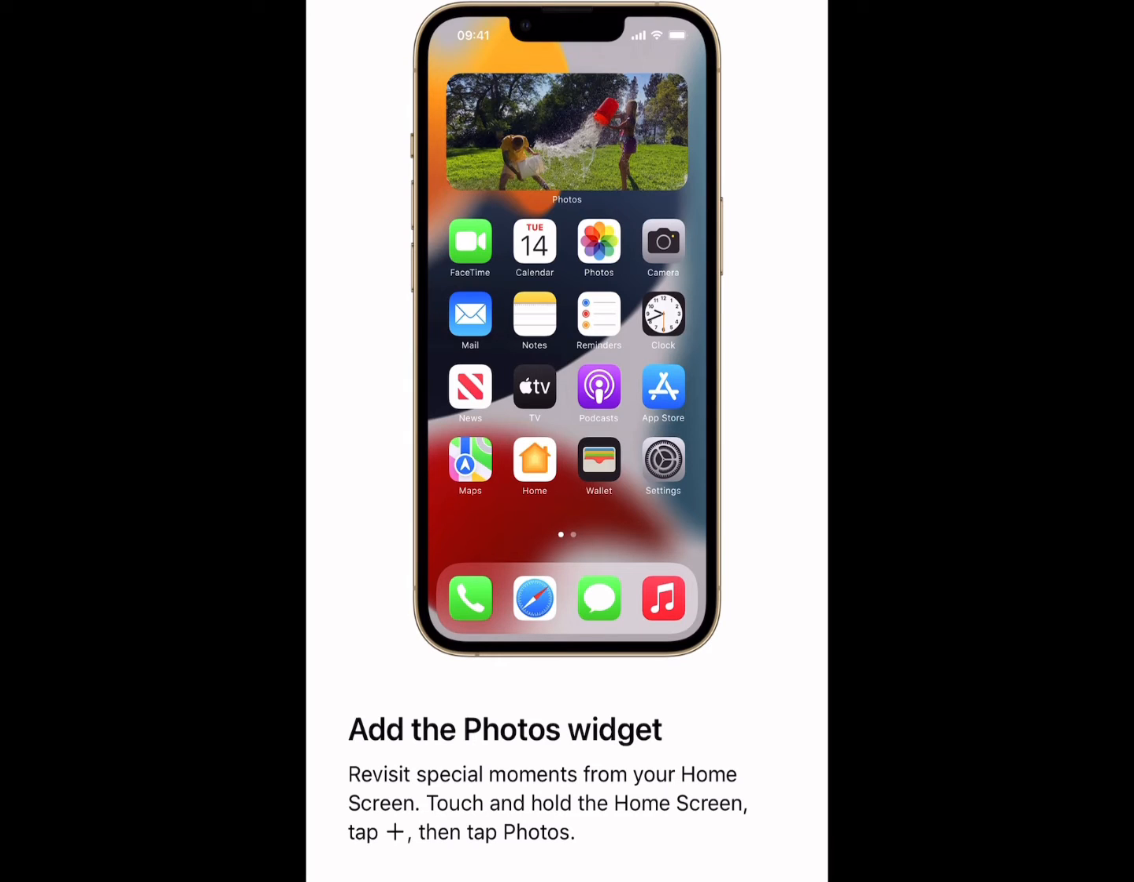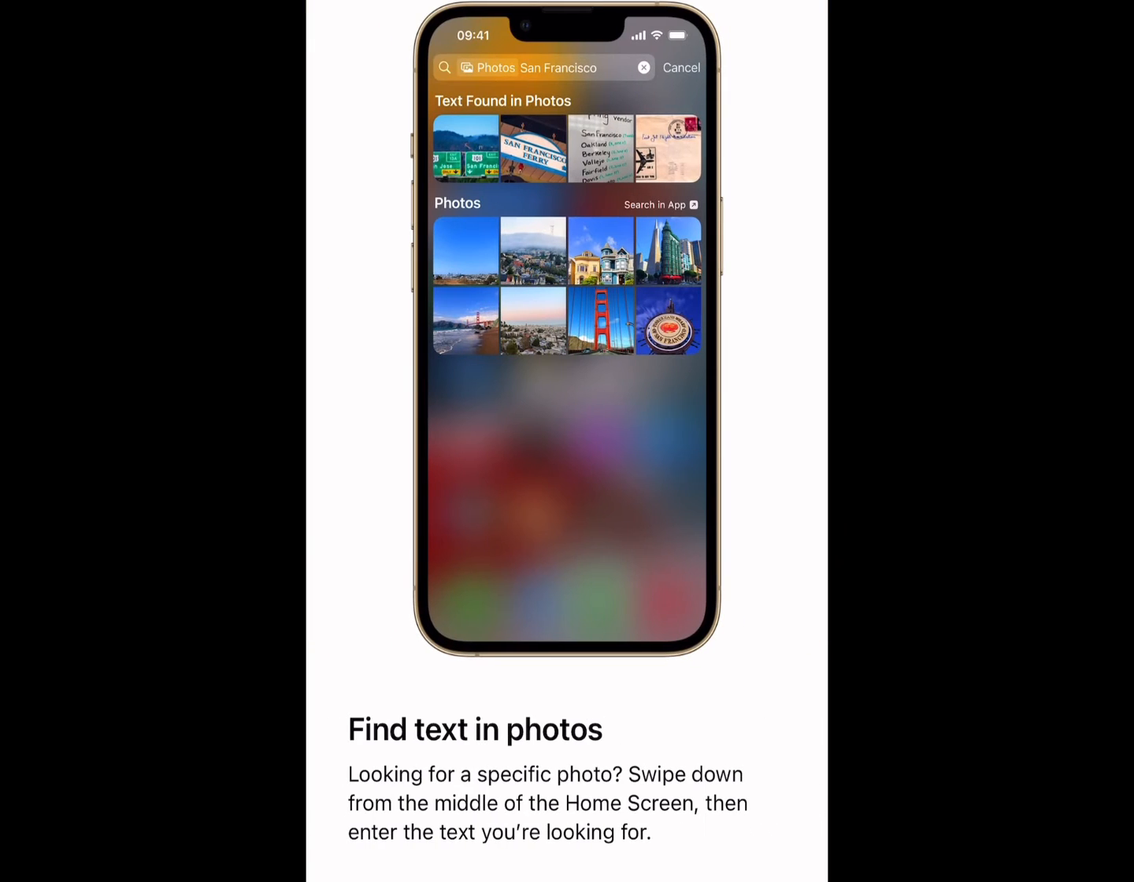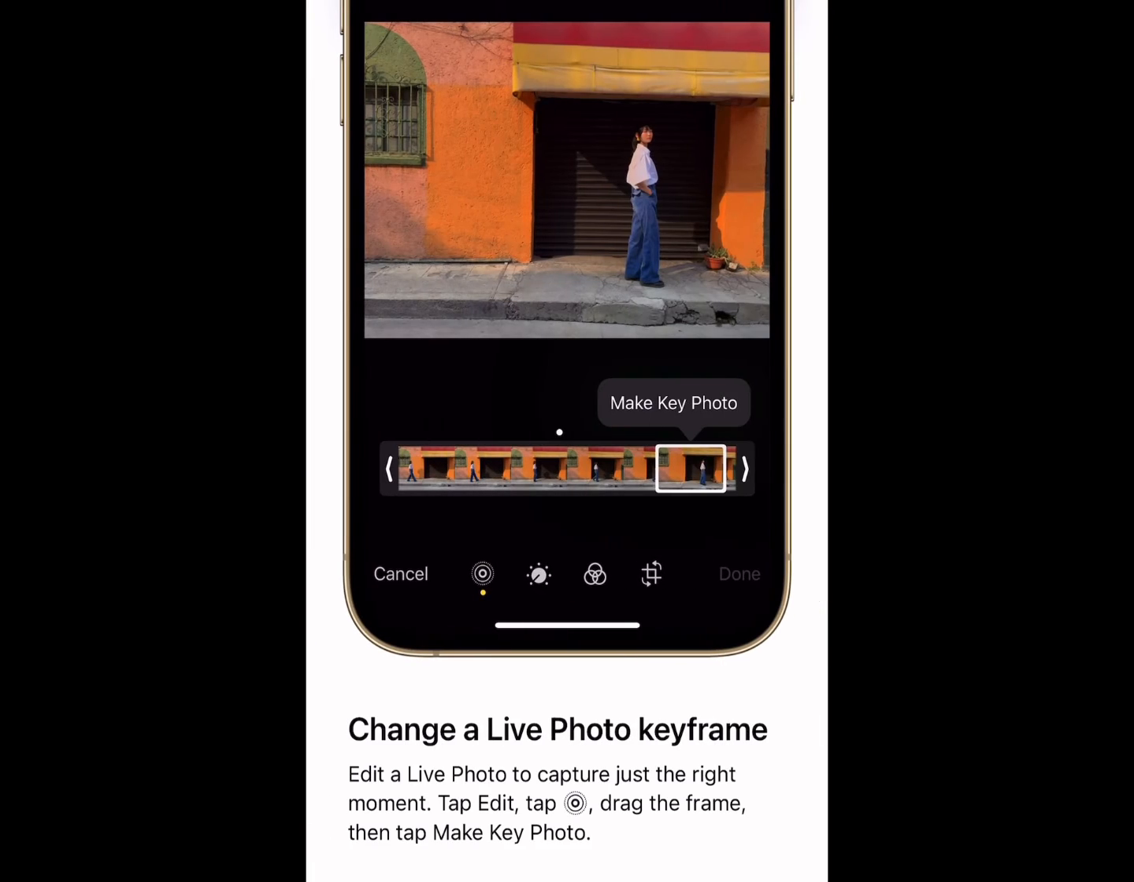Add a widget on the top of your home screen. Here randomly display photos so you can relive special moments. If you're looking for a photo with text, it's easy to find it with the search function. If you want to change the keyframe of a live photo, you go to Settings and then click the icon